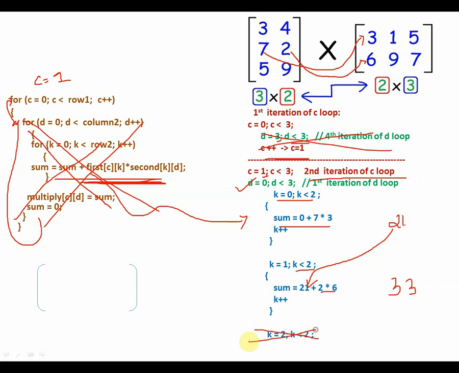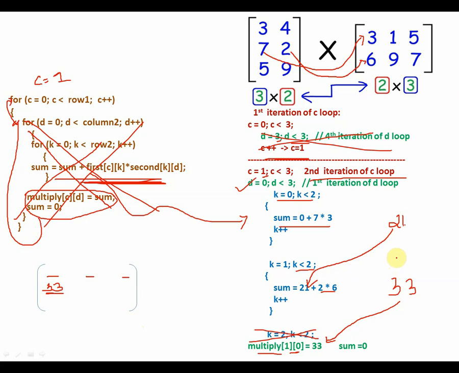So what will happen is this will not get executed, and you will directly come out and execute these two lines as you see over here. Okay, so what are those two lines? I have put it down, storing this sum value into that multiply resultant matrix, which is at the place 1 0. What is 1 0 place? 1 0 place would be the second row, first position. Suppose say this is the first element, second element, and this. So at this place, this 33 will be put in the matrix.